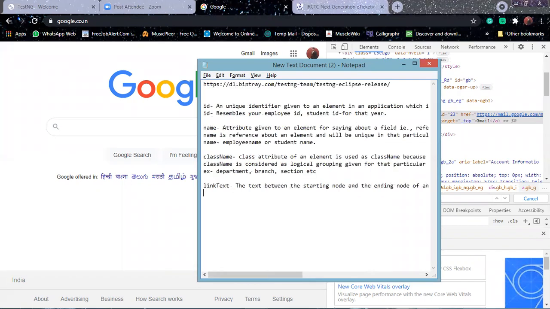The next line: this refers to the text of the link.